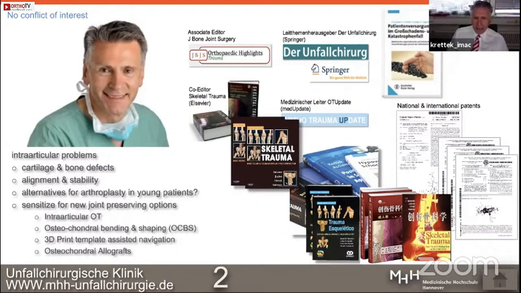And many times these are young patients, so alternatives to arthroplasty in young patients are really what we are looking for. And I would like to sensitize you to new joint preserving options like intra-articular osteotomies, osteochondral